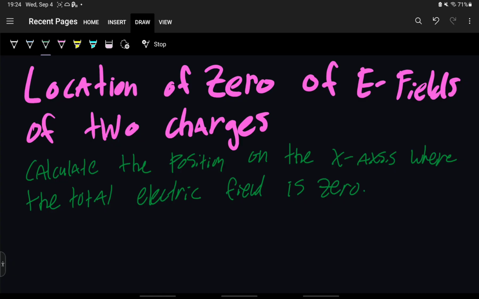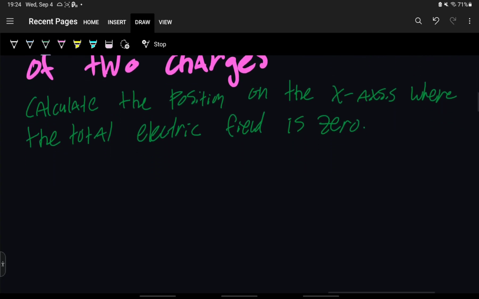So we have two charges, Q1 and Q2, both positive, located at x1 and x2, respectively, with x1 less than x2. I'm just repeating the question. We're looking for the position x where the total electric field E subtotal is 0. The electric field produced by a point charge Q at a distance r from the charge is given by E equals kQ over r squared, where K is Coulomb's constant, Q is the charge, and R is the distance from the charge to the point